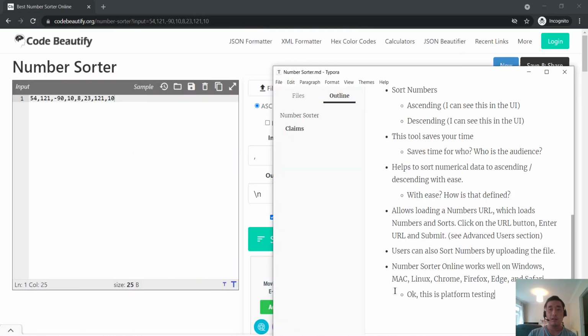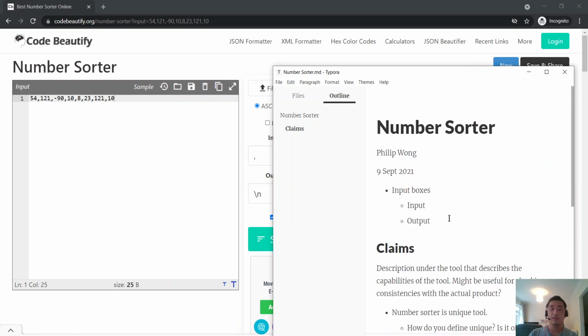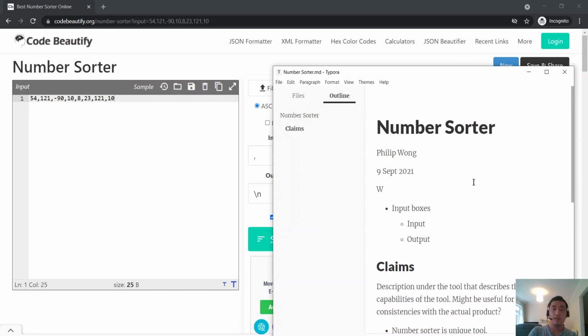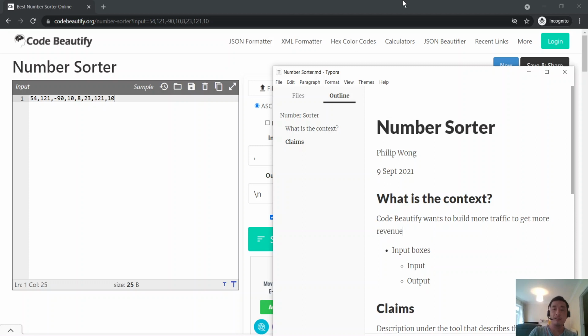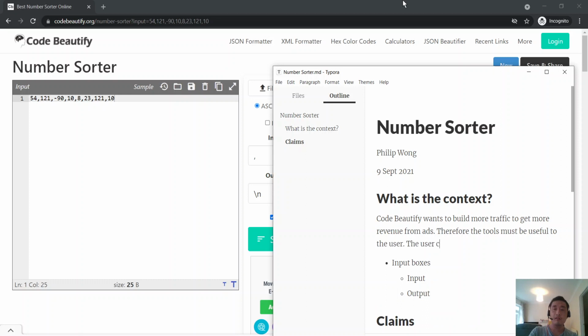Okay, so what do we have here then? Who created this number sorter? What is the context? I'm guessing Code Beautify wants to build more traffic to get more revenue from ads. Therefore, the tools must be useful to the user. The user could be